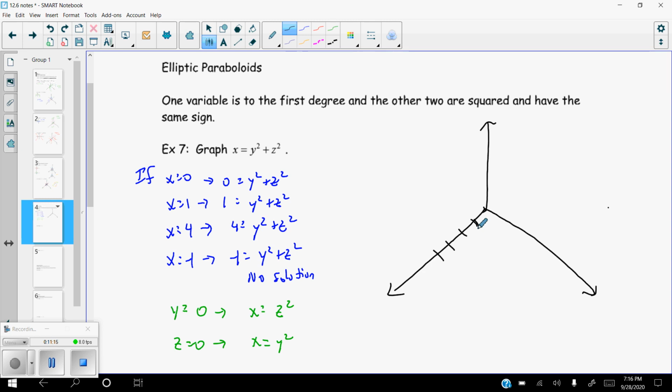Okay, so what I have is at x equals 0, I have a point, right at the origin. At x equals 1, I have a circle with a radius of 1, so surrounding 1 here, I've got a circle of radius 1. And then at x equals 4, I've got a circle of radius 2, a slightly bigger circle. So hopefully you can see that as this thing gets bigger, at x equals 9, I'm probably not going to do it justice way out here, but x equals 9, you'd have a circle of radius 3, something like that. And then the trace in the xy plane